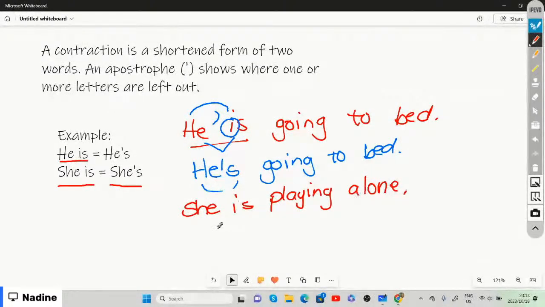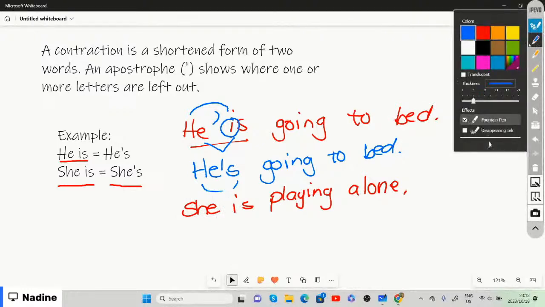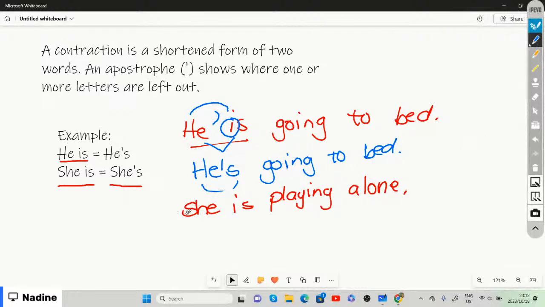But if we shorten these two words, she is, and add our apostrophe to show where the letters are left out, we leave out the I, put the apostrophe and S, and then we say she's